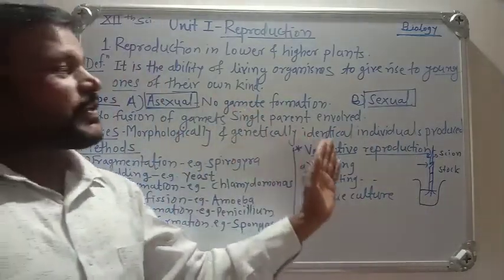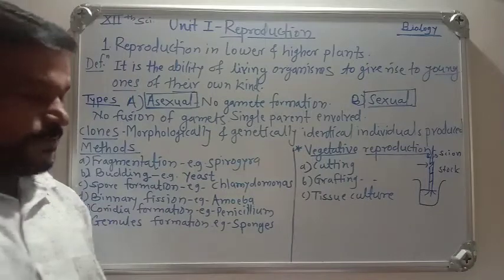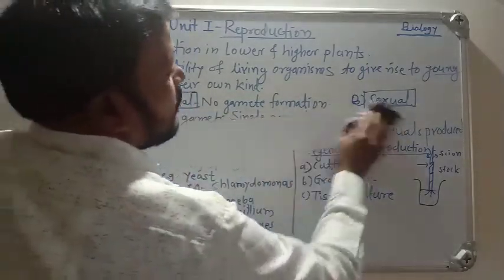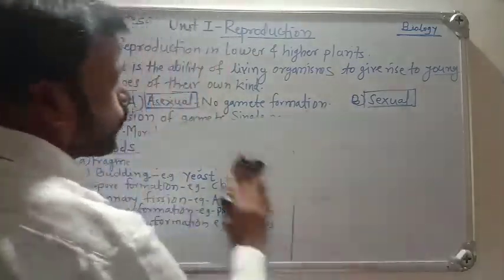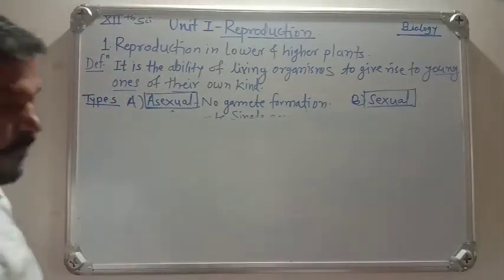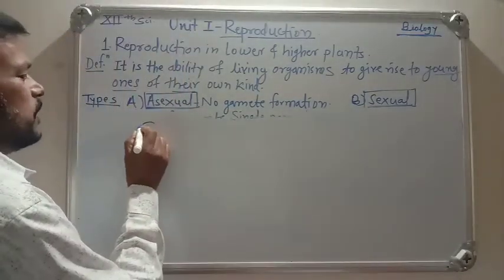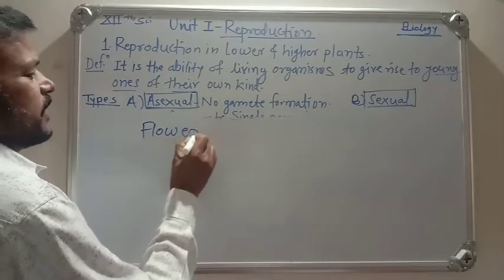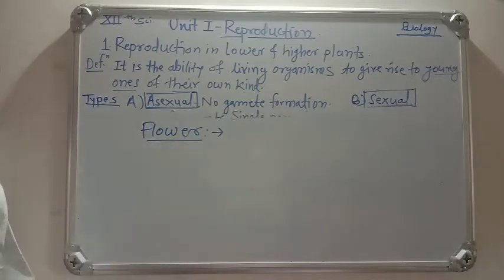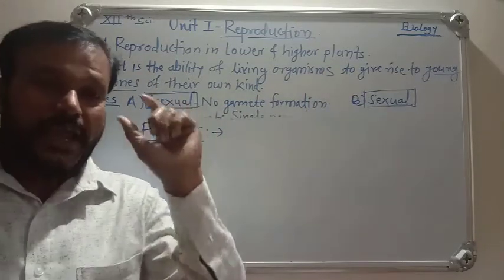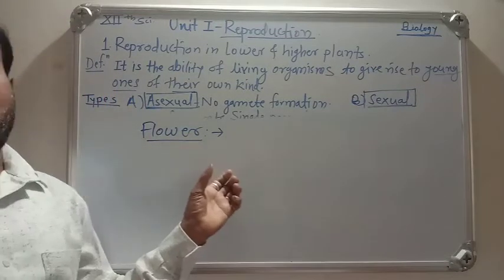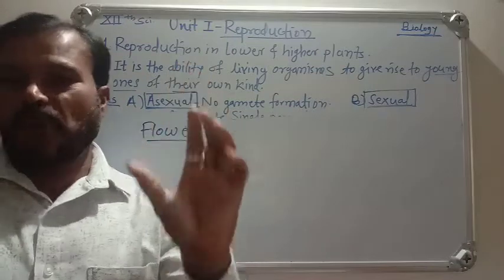Then we are studying in detail about sexual reproduction. Sexual reproduction takes place in the flower. So you should know each and every point about the flower. Then what is a flower? First we will discuss the flower. Please all of you recall your memory. Last year you studied in detail everything about the flower, so I am not going deep into the flower. Shortly I am explaining about the flower.